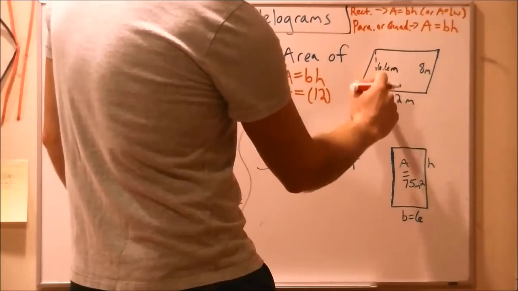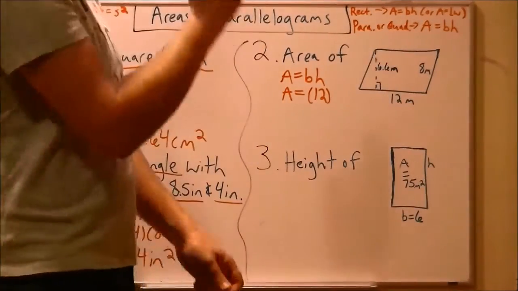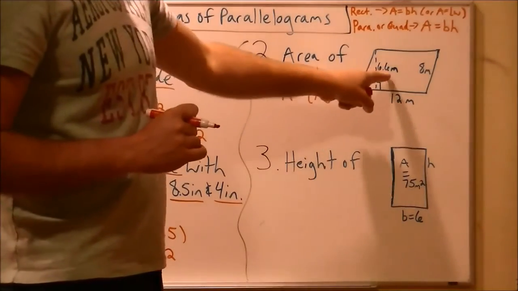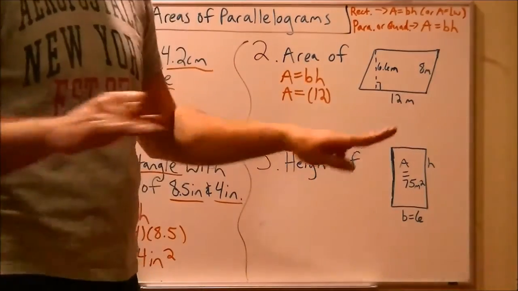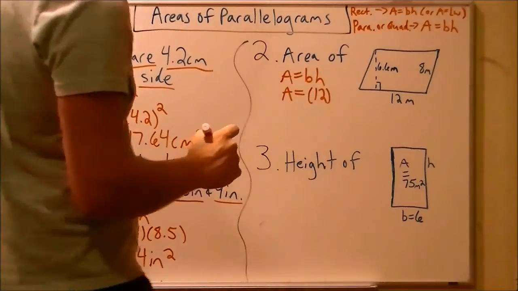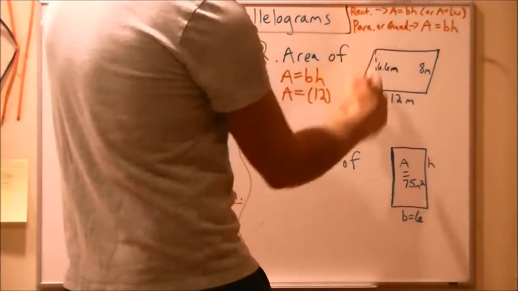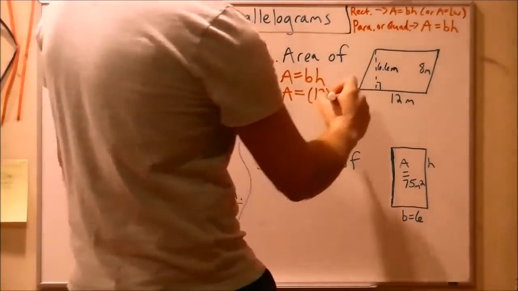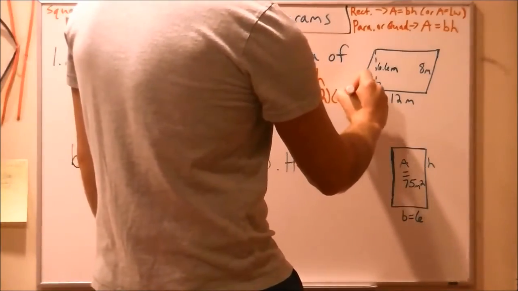But in a parallelogram that's not a rectangle, and is not a square, it has those slanted lines, then you're going to have little dashed lines, and those little dashed lines that are straight up and down are going to tell you your height. So the number you're going to use for height is 6.6, and do not use 8. They just throw that in to try to confuse you, okay? Use the little dashed line that's straight up and down, not the one that's solid and that has the curve to it. So it's going to be 12 times